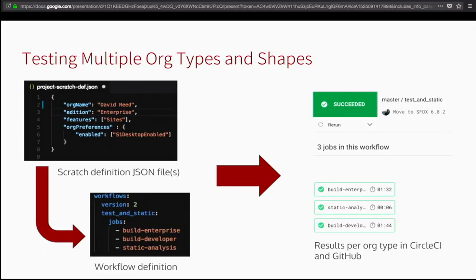Here, you can have 3 or 2. One for an enterprise edition org and one for a developer edition org. As part of your CI process, you can be consistently, every single time, running all of your tests on your code base against multiple orgs that look very different from one another and getting back information about things that might not be working on, for example, a professional edition org, but that work great on an unlimited edition org.